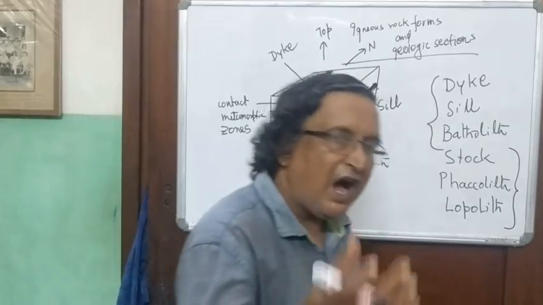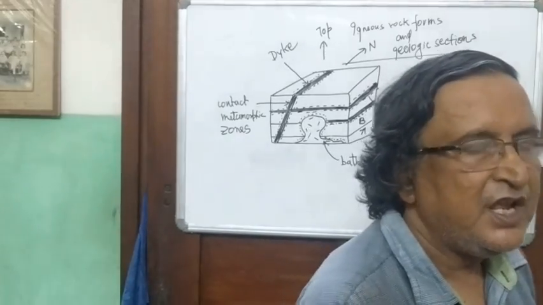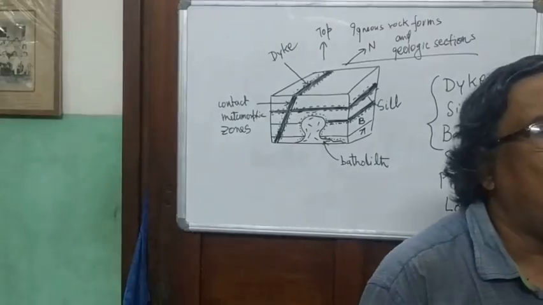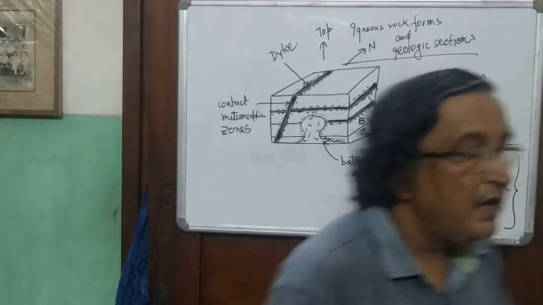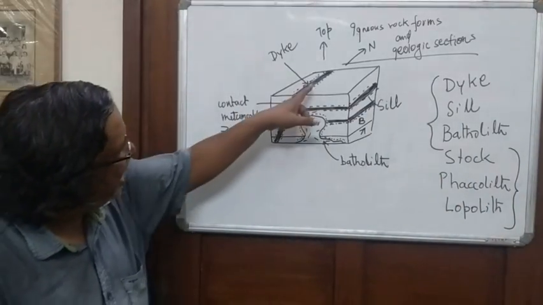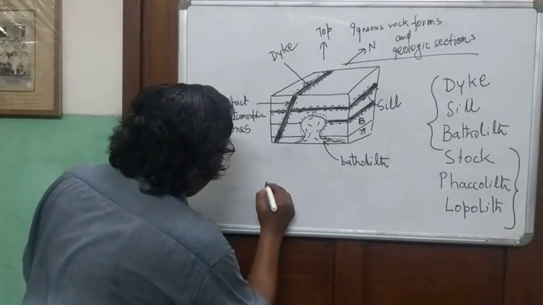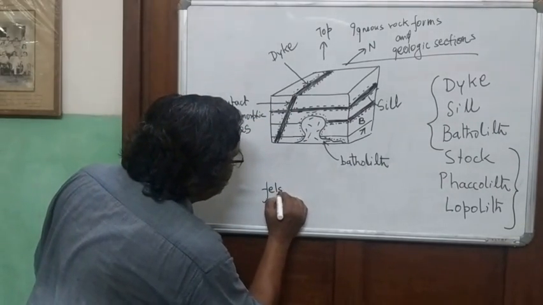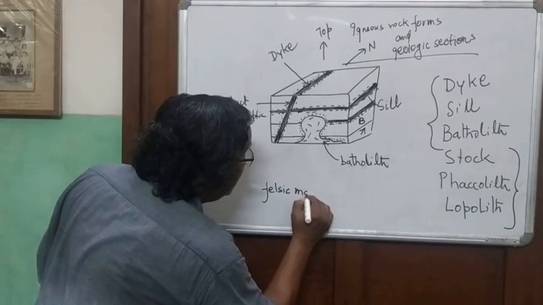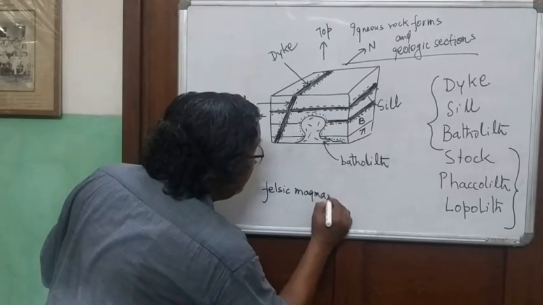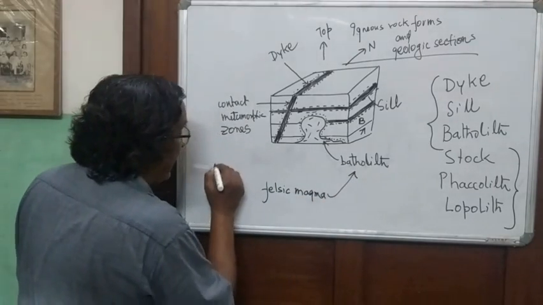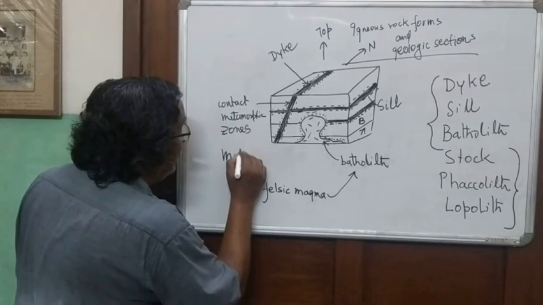Silica-rich magmas are very, very viscous, so they cannot flow to a great extent. But these dark ones represent mafic magmas. Felsic magmas mostly form batholiths, and mafic magma,